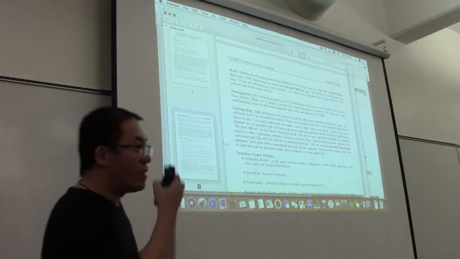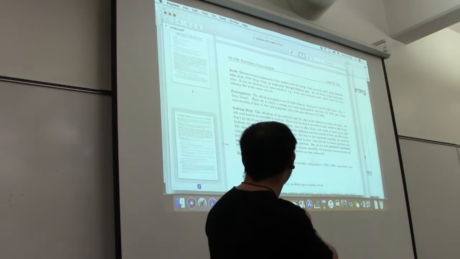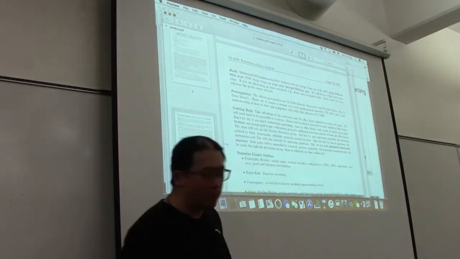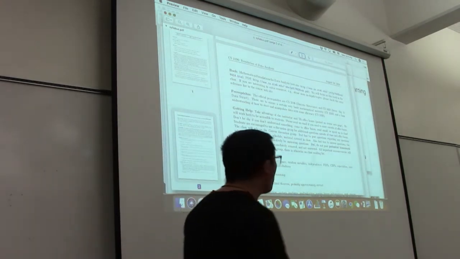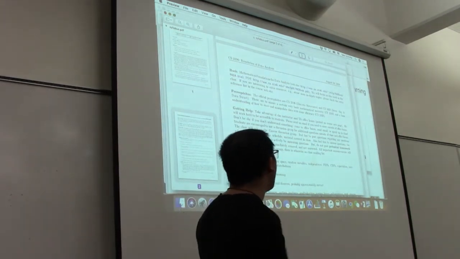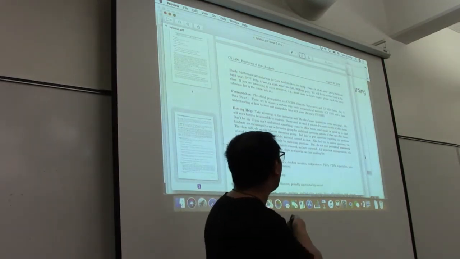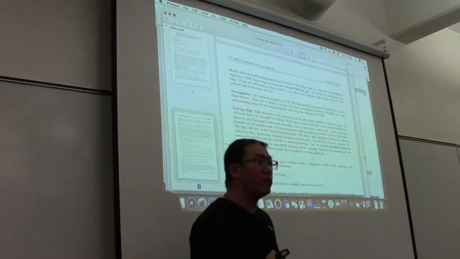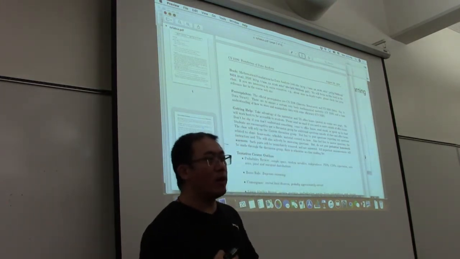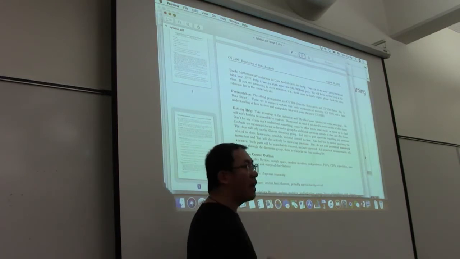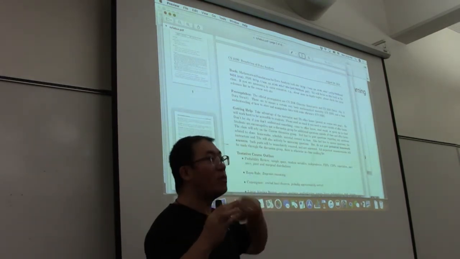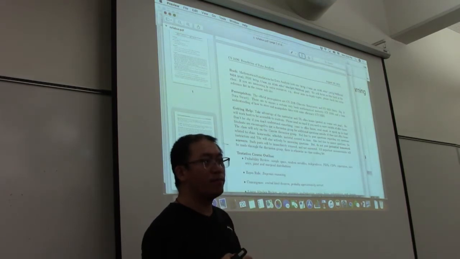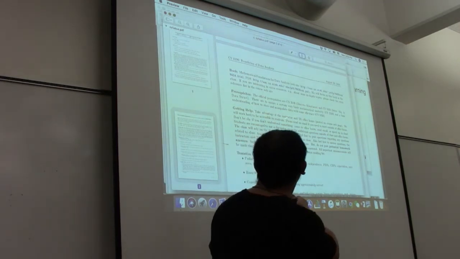And then prerequisites. So the official prerequisites only have two requirements. You need to take CS2100. I believe it's discrete structures or discrete mathematics, right? The requirement for this class is to ensure that you have a basic sense of mathematics. That's enough.